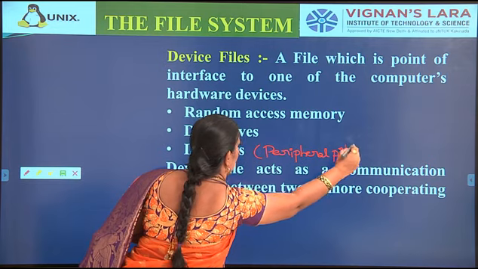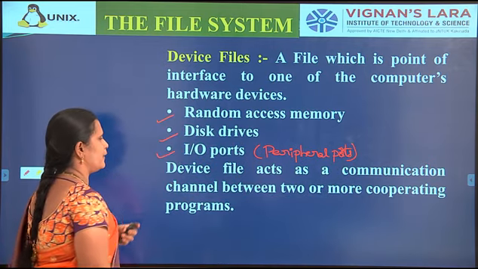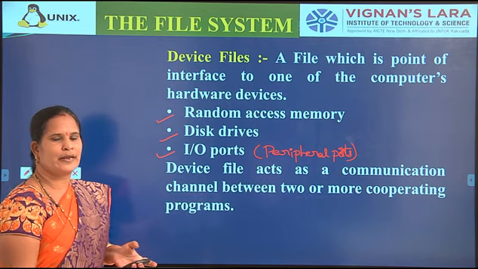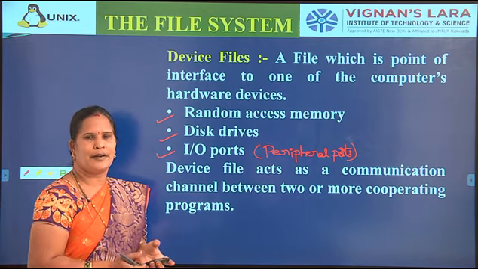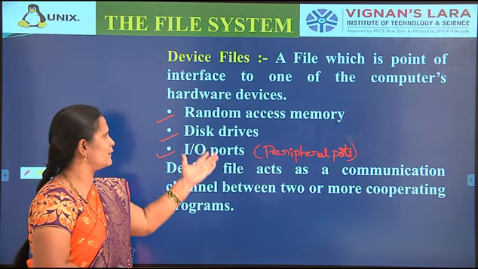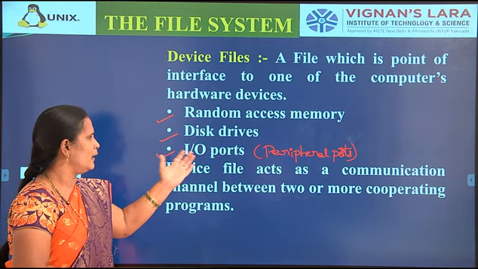Hardware devices such as I/O devices, disk devices, and memory are all treated as device files. A file which is a point of interaction to a computer hardware device is known as a device file. Device files are random access memory files, disk drives, and I/O ports.